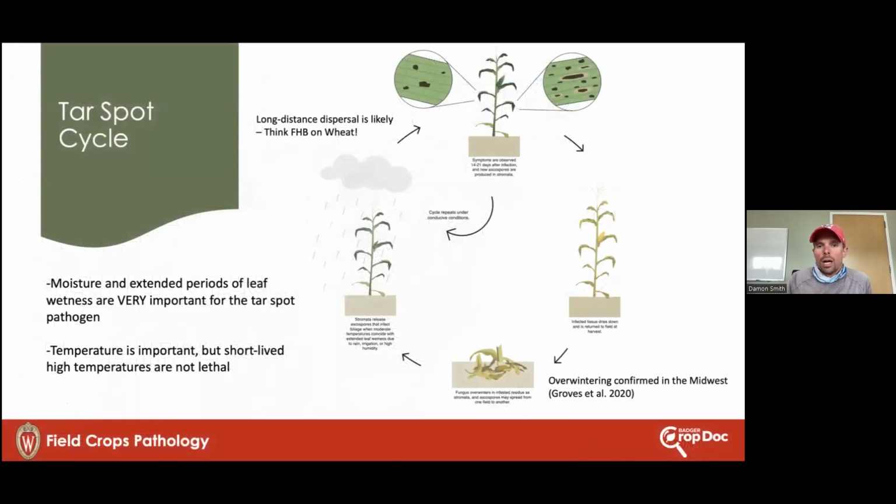So I want to talk just a little bit about where we're at with the cycle, our understanding of what it takes to drive tar spot, some helpful hints on perhaps scouting, and then we'll dig in on management a little bit. So just a reminder, tar spot is what we call a polycyclic disease. So it has many cycles per season, and this is why it's slow to get started. But then once it ramps up, those secondary cycles really kick in later in the season, and that's why we can see it move.